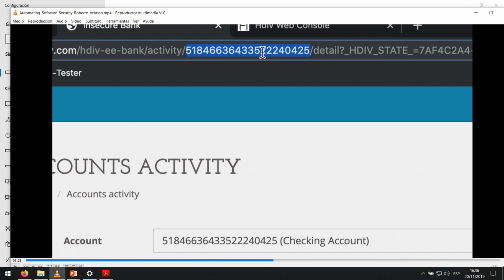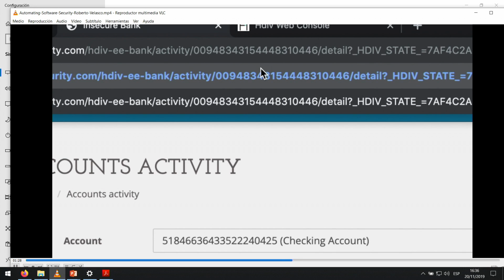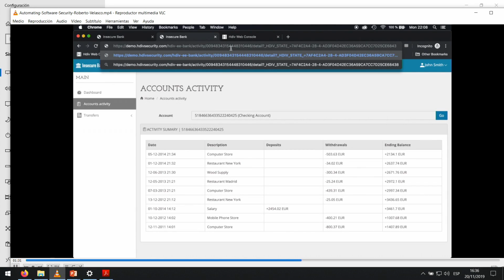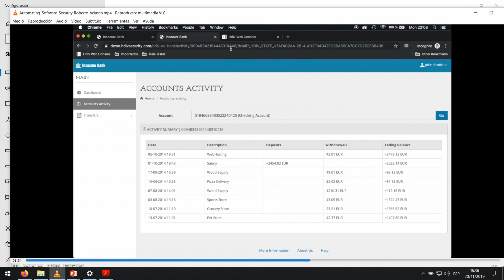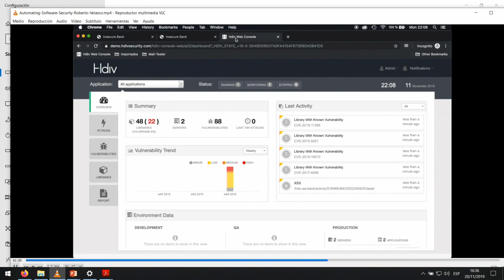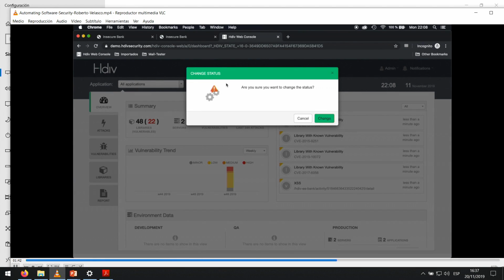We have a number, we have the same size. We are not going to change the pattern, the format of that value. We are going to change the value of that number, for instance, using a different account number. I mean, imagine that I know the account number from another person, so I want to see the activity of that account. So if I change the value, I am able to see the activity of this account. That's a very simple attack, but as I said, it's very difficult to fix or particularly to detect.